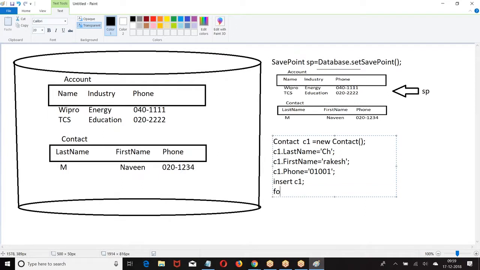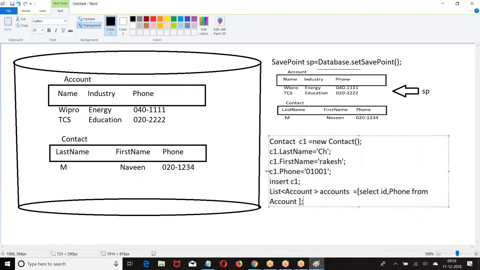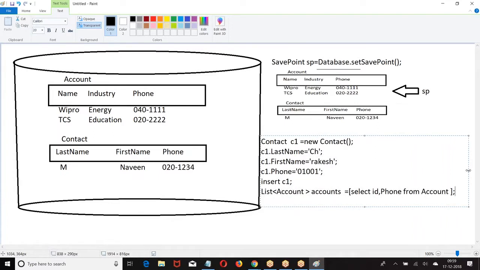Then I made list of accounts. Accounts a dot phone equal to.